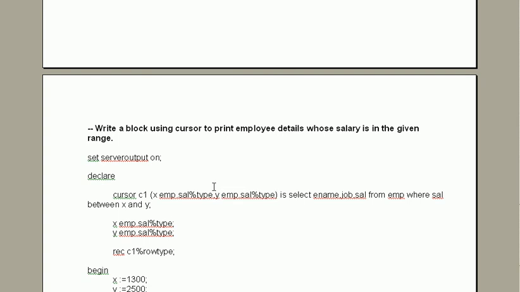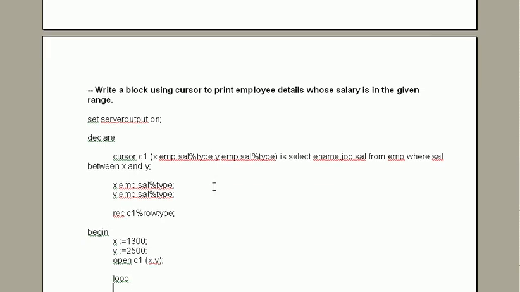Here again we have declared that x and y are of the type sal. It is required to declare. Here REC is declared again.